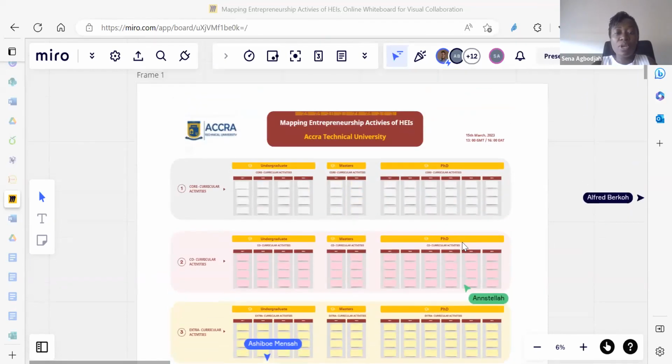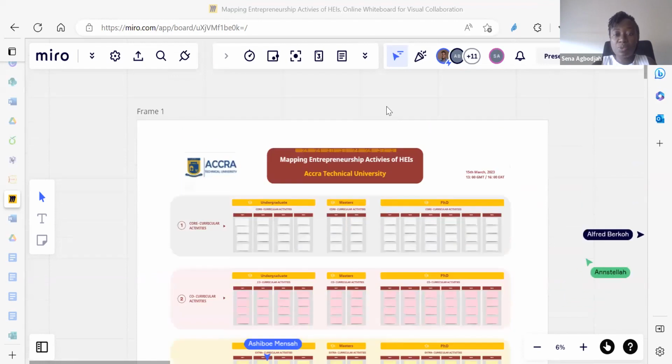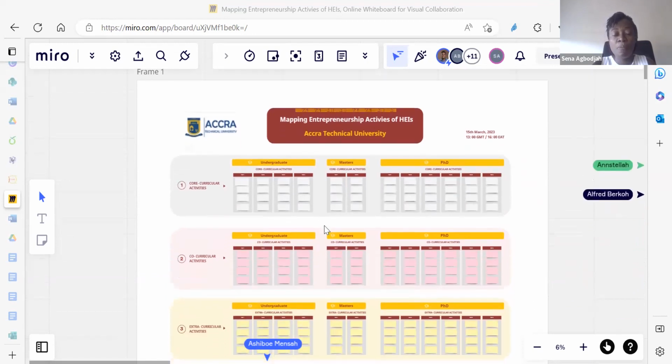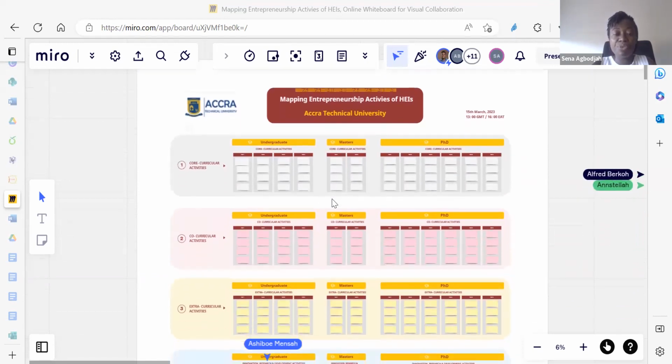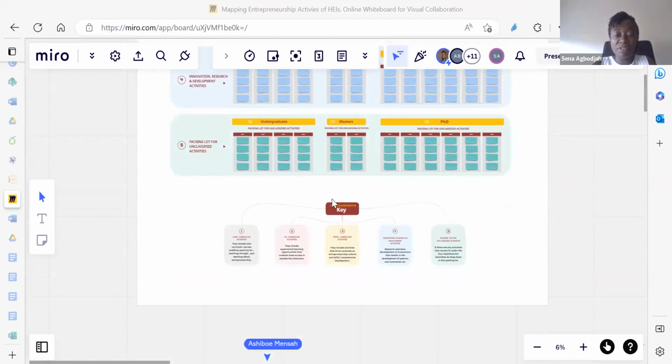Now, when we go into our breakout rooms, this is what we will see. The higher educational institution name up here, and your logo crest will be there. So you see that this sheet actually belongs to you, and our volunteers are already in the room. And each of you will have this.